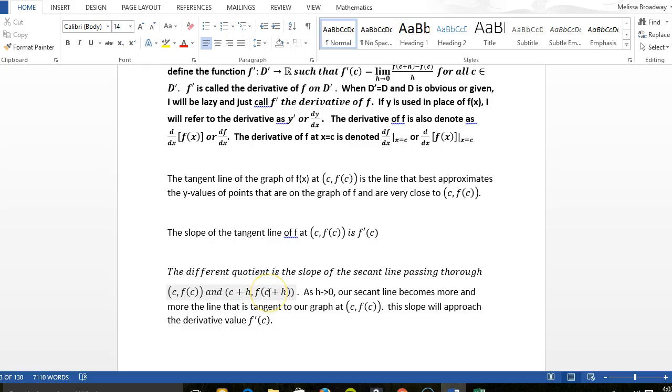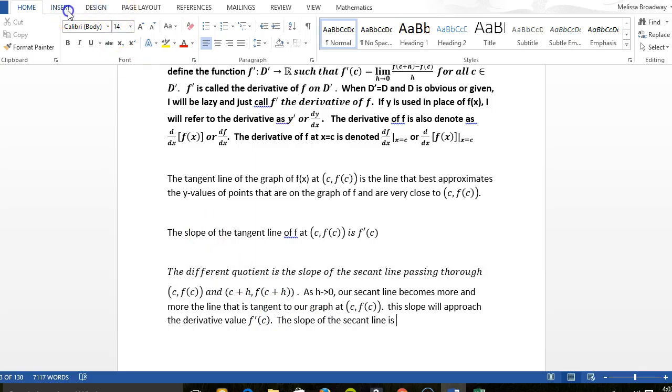And as h gets very, very, very small, this point right here is going to get arbitrarily close to this point, and the slope of this secant line is going to get arbitrarily close to the slope of my tangent line. So the slope of my secant line, which is my difference quotient, by the way. After all, the slope of the secant line, remember from algebra, I do f of c plus h minus f of c over, well, c plus h minus c is just h itself. So the slope of the secant line